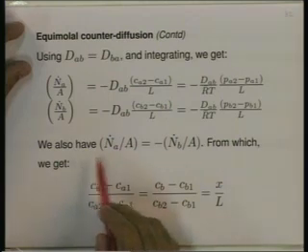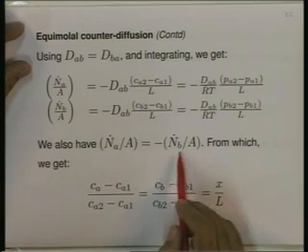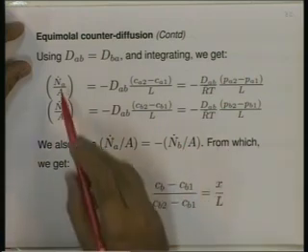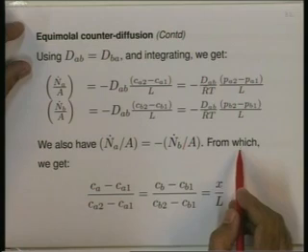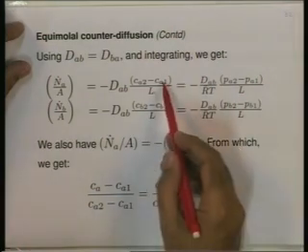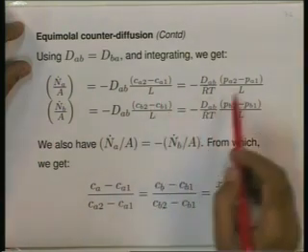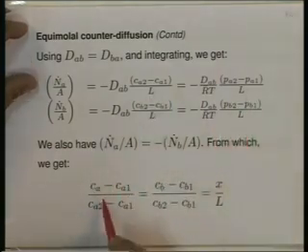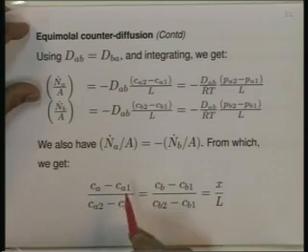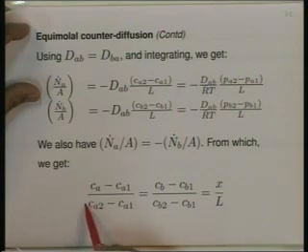But we also have the molar flux of A equal in magnitude but opposite in direction to the molar flux of B. So, this is the negative of this, from which it makes sense to relate Ca2 minus Ca1 to Cb2 minus Cb1 and Pa2 minus Pa1 to Pb2 minus Pb1. Again, integrating it not from x equal to 0 to x equal to L, but from x equal to 0 to some intermediate value of x, we get